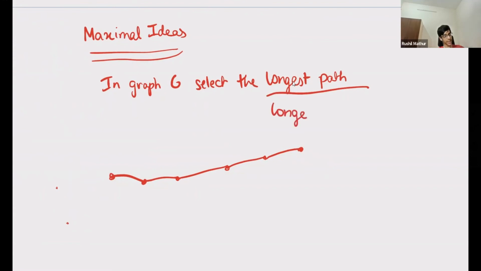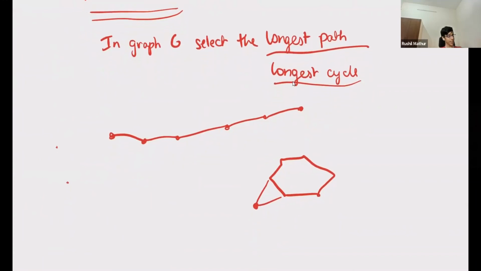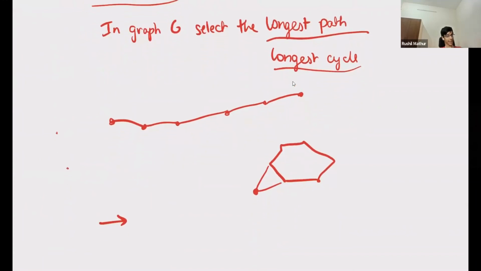Another similar idea is to take the longest cycle. This also works in a very similar way. Now, if I have a cycle, I know that if there was some random vertex connected to this vertex and this vertex, I could have added it into the cycle. So that already gives me a lot of powerful structure: there's no vertex which should be connected to two consecutive vertices of the cycle. These will all be a lot easier to understand when you do problems, but we're running low on time. So maybe one problem I'll give, which you can try out, is